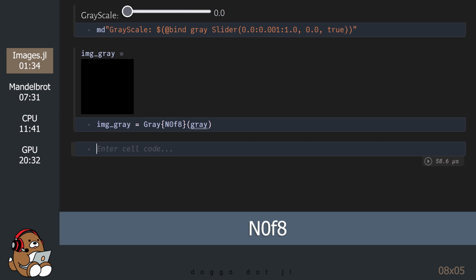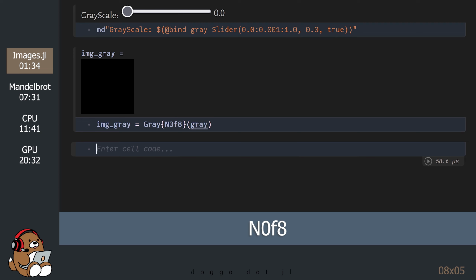According to the Images.jl documentation, N0f8 is a special data type that interprets an 8-bit integer as if it had been scaled by 1 over 255, thus encoding values from 0 to 1 in 256 steps.